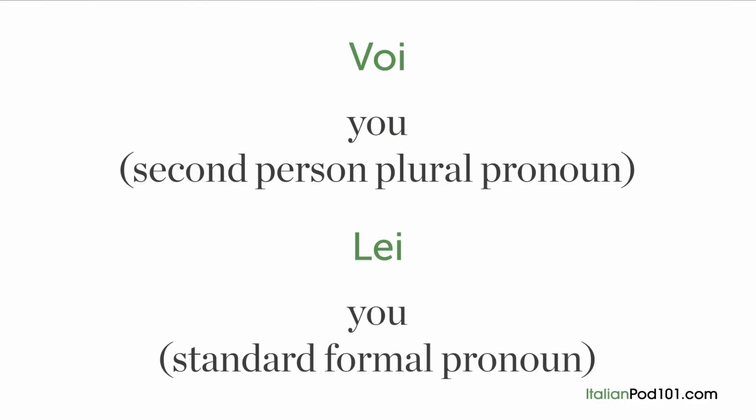In the past, it was common to use "voi," which is the second person plural pronoun, as a formal way of addressing someone. Nowadays, "lei" is the standard formal pronoun, but you may happen to hear also "voi" in some parts of southern Italy. In this lesson, you are going to learn how to introduce yourself in Italian. There are only 2 sentences to do it, but first it is important to clarify that in Italian there's a difference between formal and informal speech.